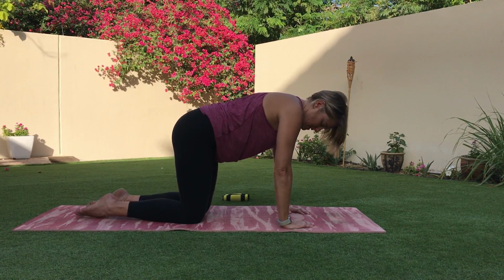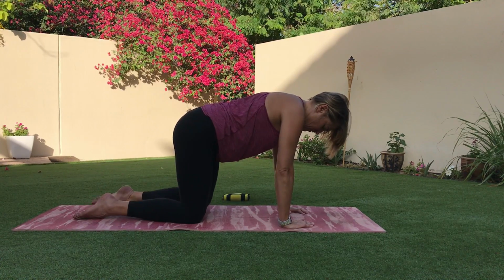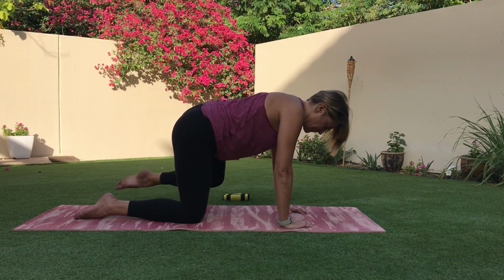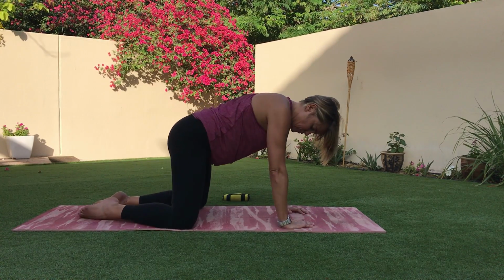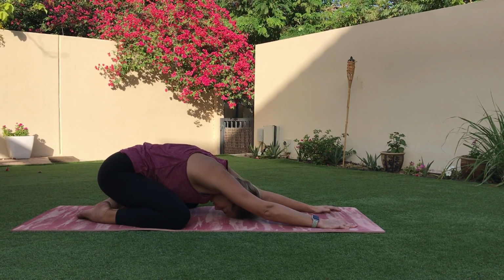2, 3. You're doing great. This is our last exercise before we do the cool down. 5, 6, 7, 8, 9, 10, and just widen the knees and push back into a rest pose and